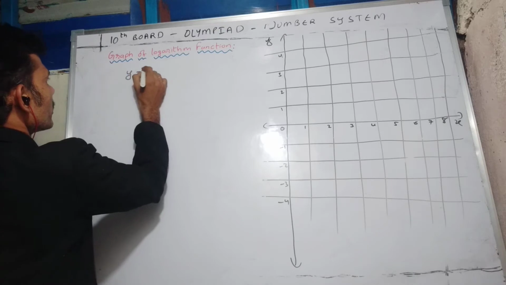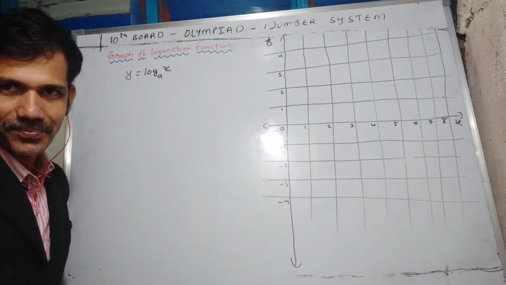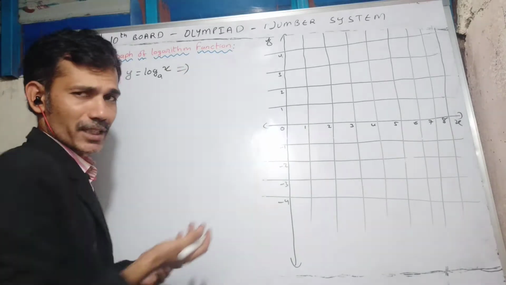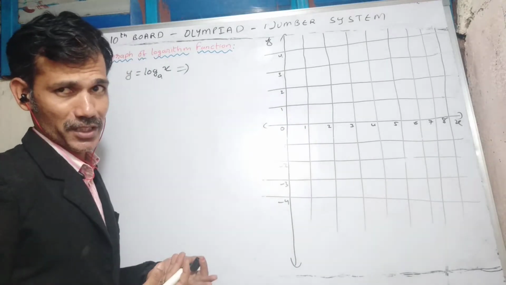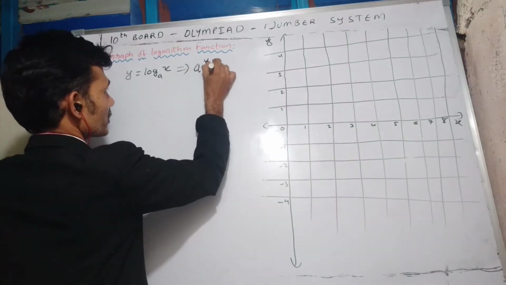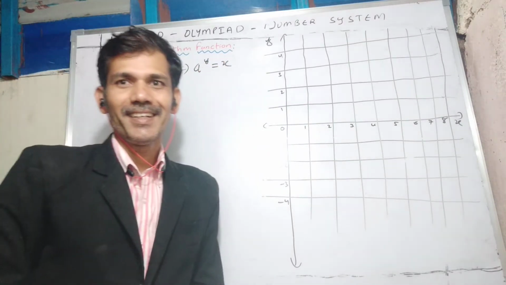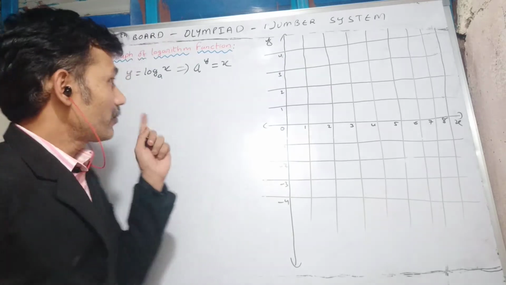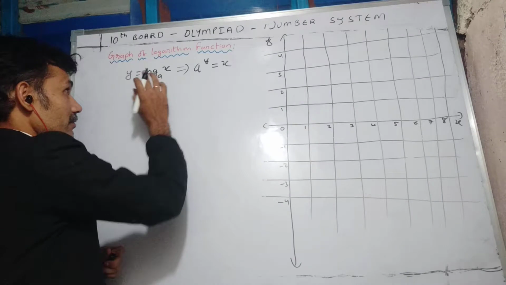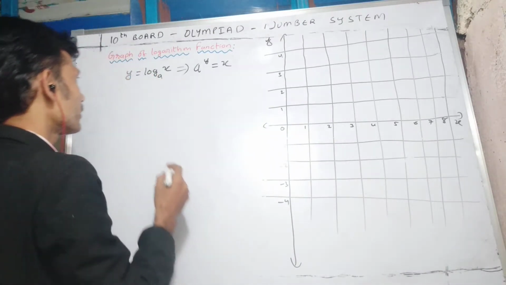Let y equal to log x base a. We know that logarithms are nothing but the inverse process of the exponential function. Here a has to be raised to the power y so that its value will be x. Isn't it? Now see, for x values, we have to take positive values only. Even the base a also, positive real numbers only we will take.